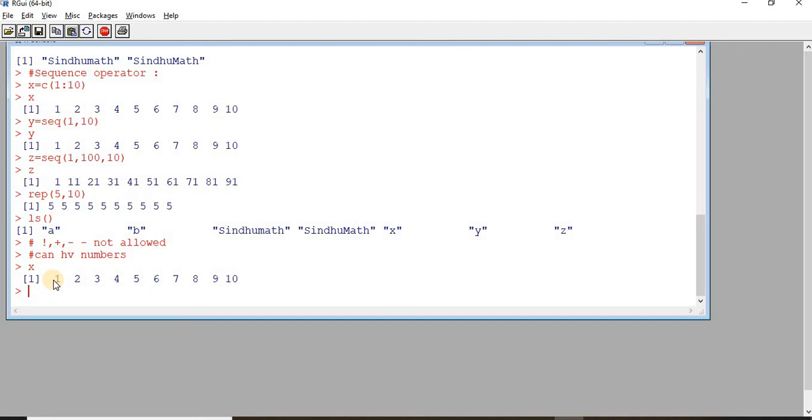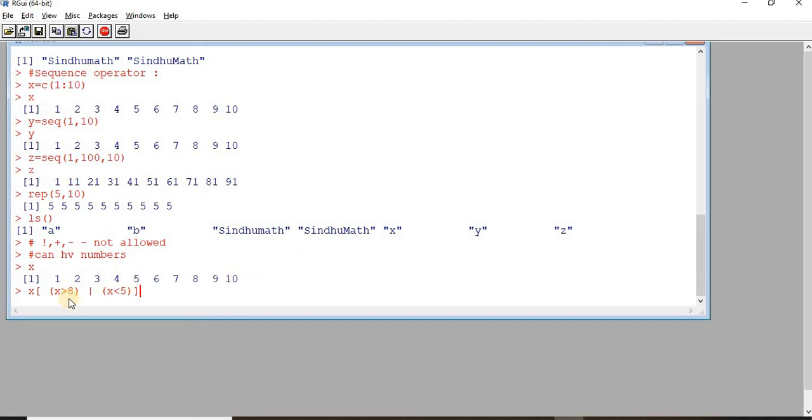Say an expression on X: X greater than 8 or X less than 5. Let us try with some expression like this.